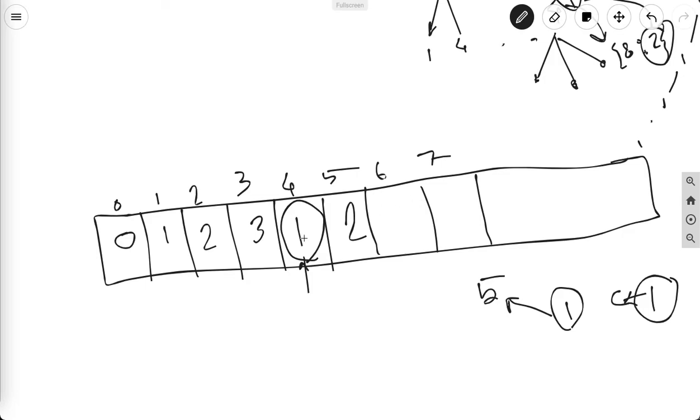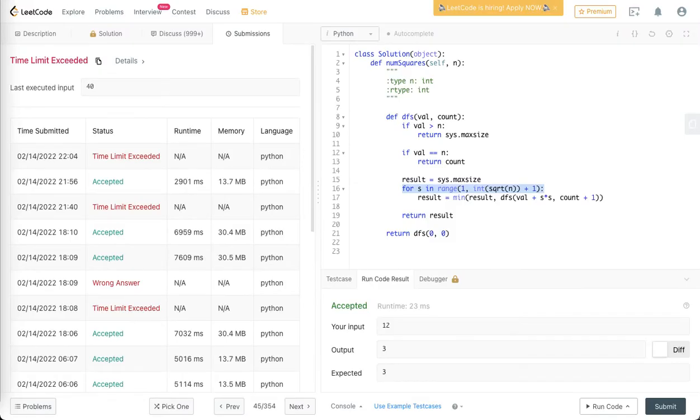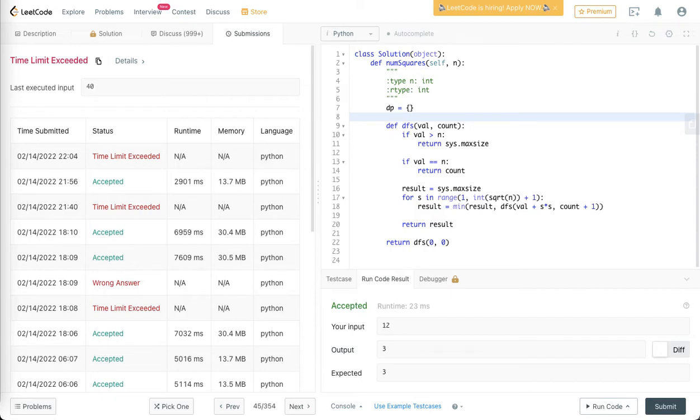So for 6 it is again 4 plus 2, that is 3, and for 7 it will be similarly 4. And this is the technique, and now let's get on to coding this thing. So let's create a DP cache for this thing, and what we are going to check is